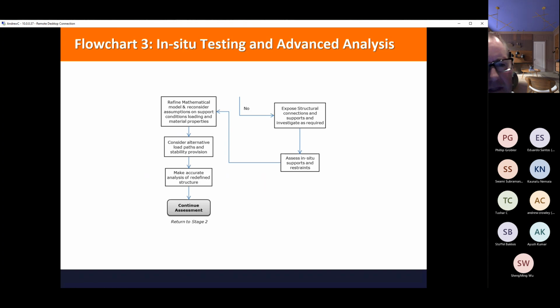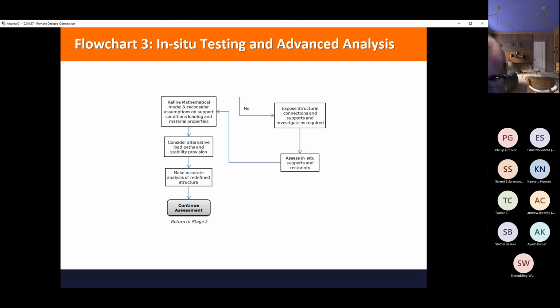And so you may need to take a piece of cladding off or a piece of ceiling plasterboard off and expose those connections, have a good look at them, see whether they're actually doing what they're supposed to be doing. Once you've done that, you can then refine your mathematical model, find alternative load paths if possible, and then give a more accurate, detailed assessment of the building. And that takes you back to flowchart 2.